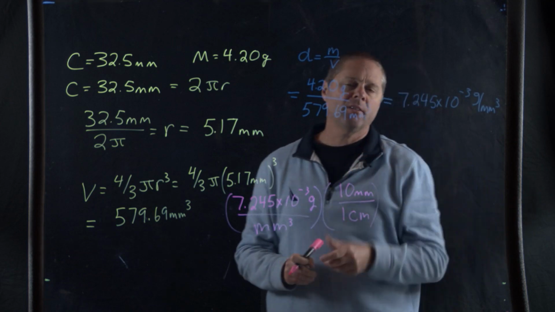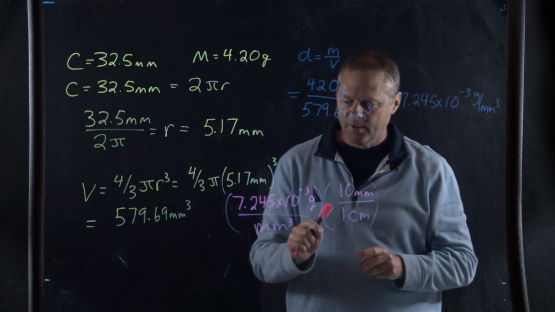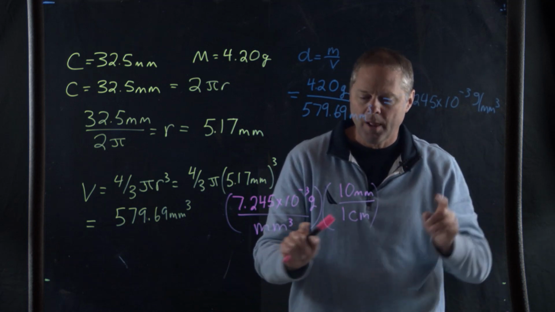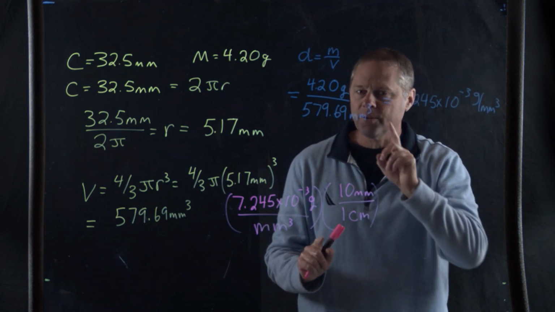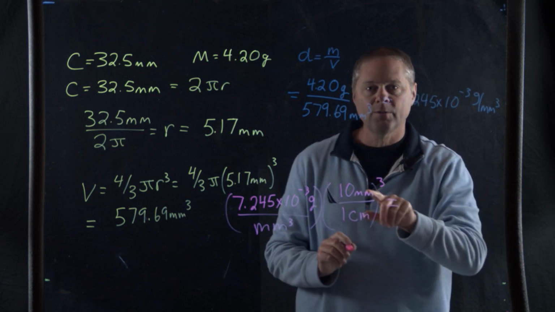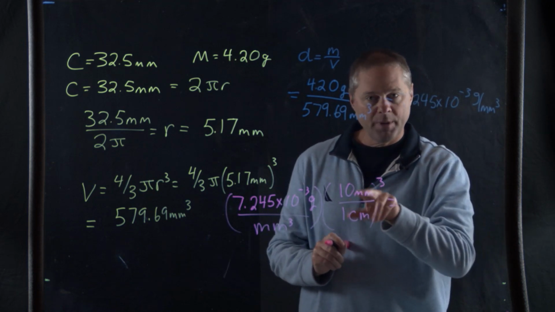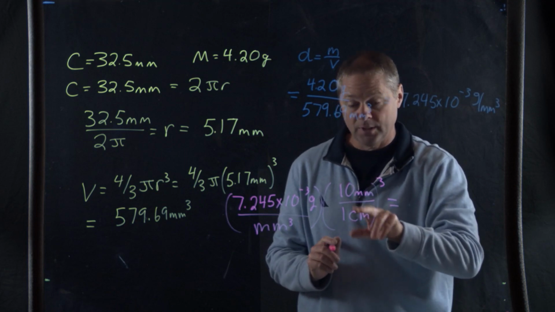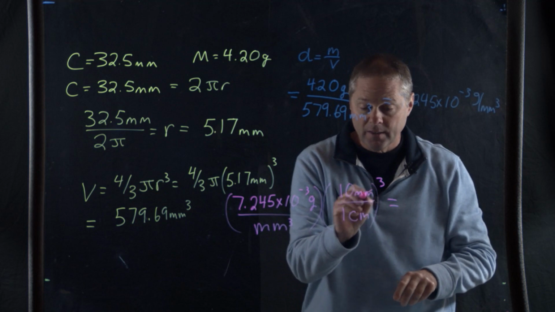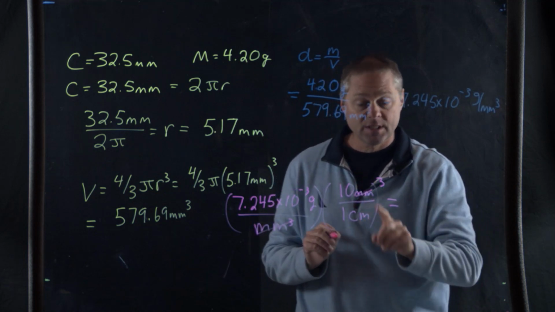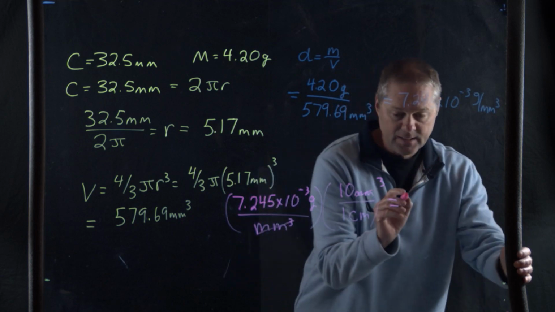But we're not entirely done yet. You see, we have this millimeters that's cubed. Here we've only got it to the first order. So we have to cube this entire conversion, because when we cube this, we'll have a millimeters cubed per centimeter cubed, and that's what we want. And now these cubic millimeters will cancel, and we'll have cubic centimeters at the bottom. And this is going to be equal to